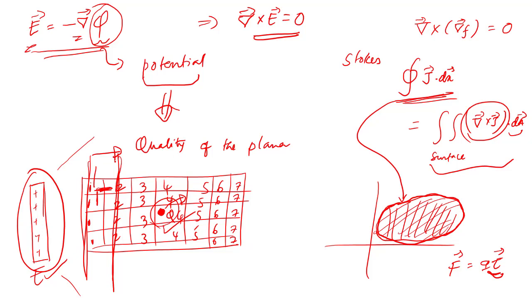So that's why we really call potential a quality of the plane itself, and it will be justified more when we talk about electrodynamics, why it is a real quality of the plane. That will require a discussion on gauge constraints in full electrodynamics, which we will talk about later. But for now,